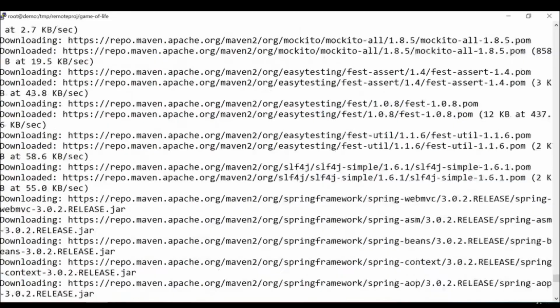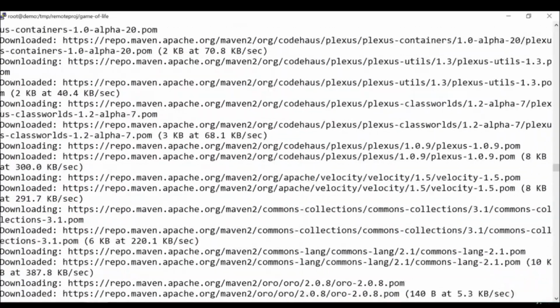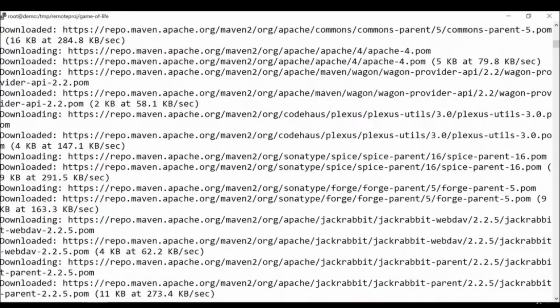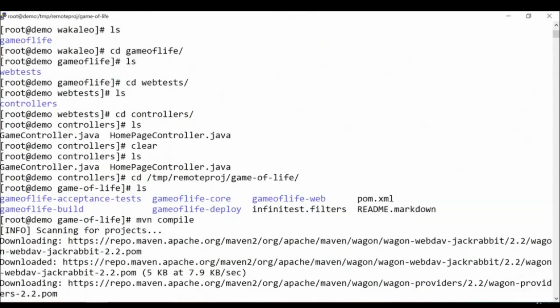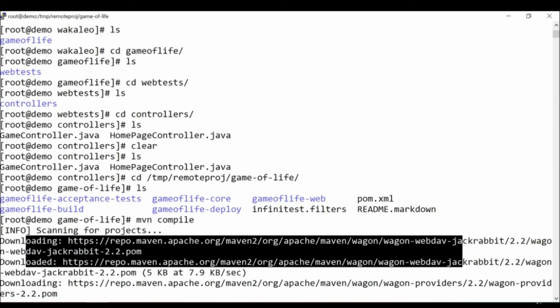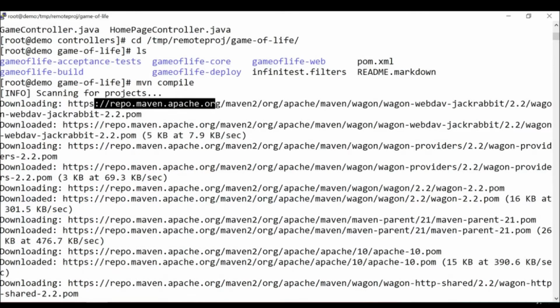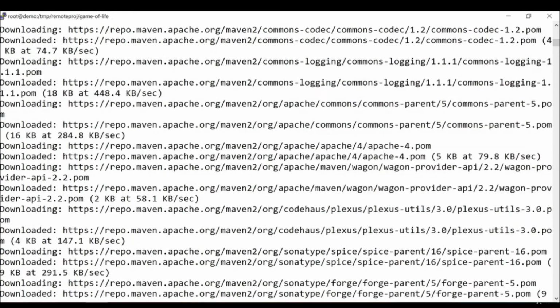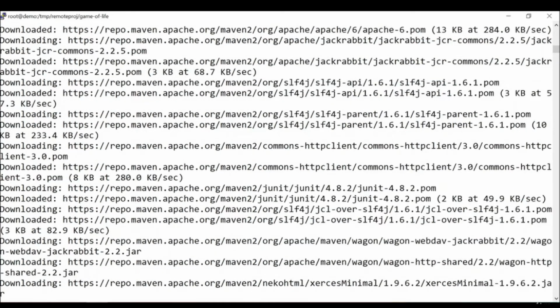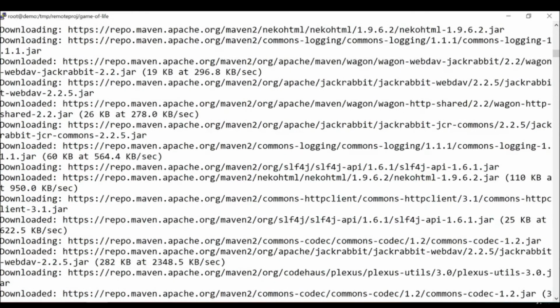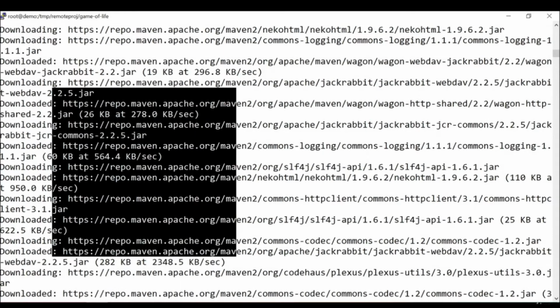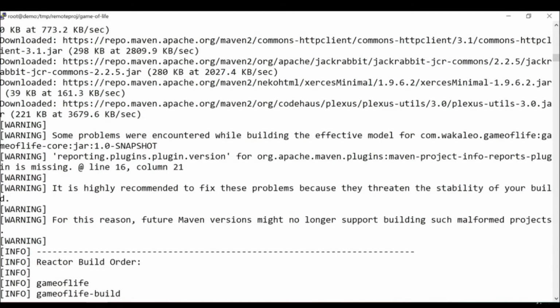Okay, done. It has completed. Let's go from the beginning of this log. Here you can see it was downloading all the dependencies from repo.maven.apache.org, from the central repository. If you can observe, it was downloading all the jars, all the libraries, all the dependencies required for this project, as well as